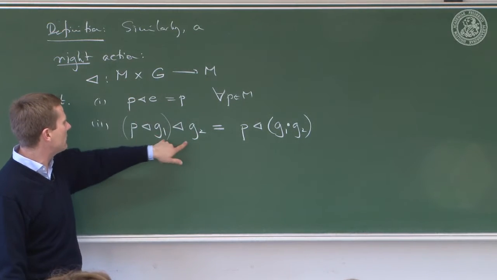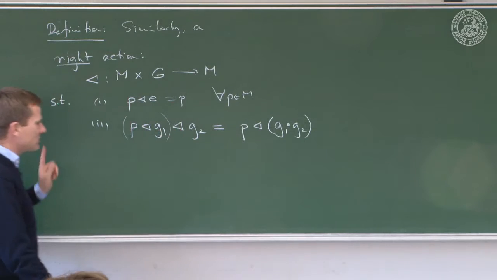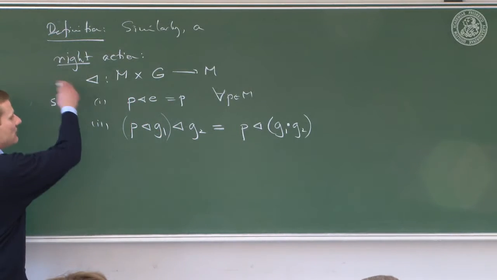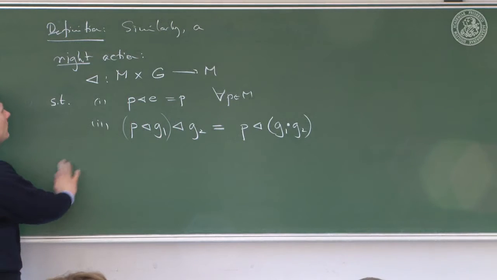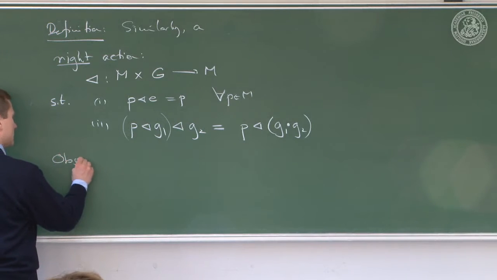Okay? So, but this is important, and that is why it's so convenient to really write this from the right, because you can always keep the order. You don't need to think about it. Okay? But it's really something different. Such that you have this, and everything else stays the same as it was before. This is called a right action. Okay, I don't need to spell this out in every detail. Now, we can make an immediate observation,